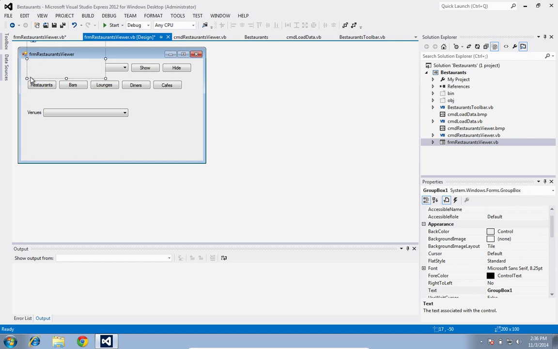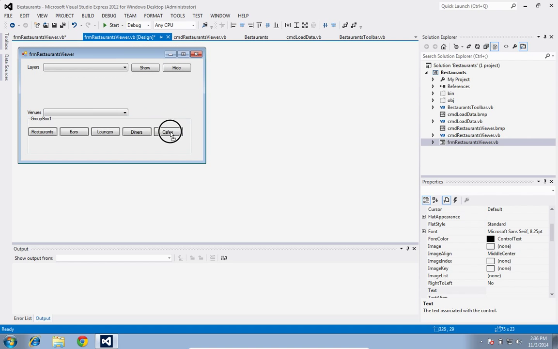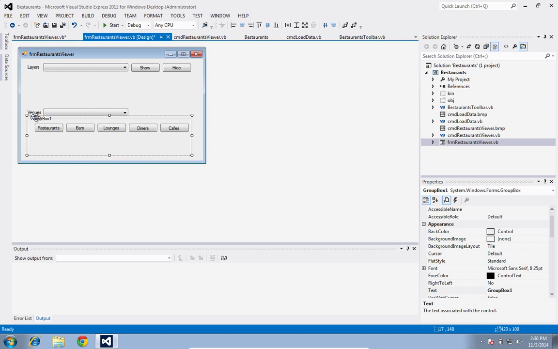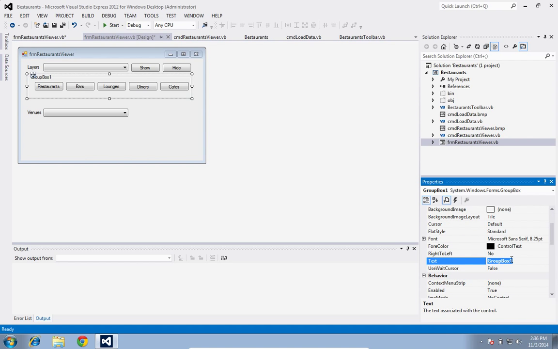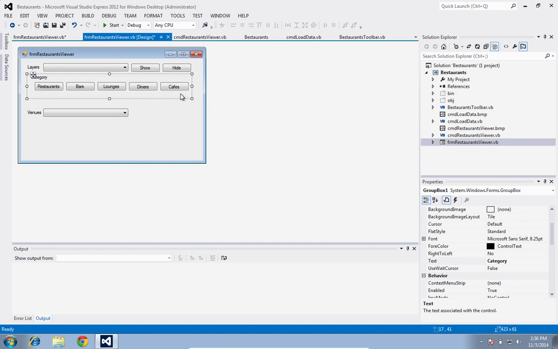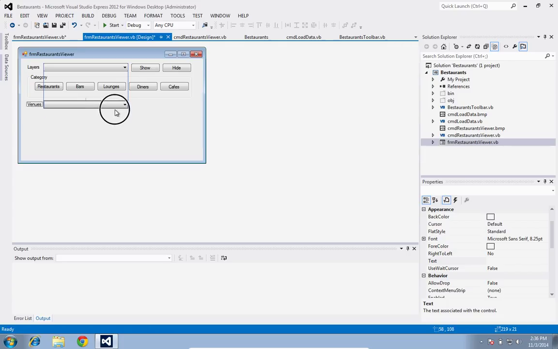It's nothing, it's just a container of your controls. It's nothing fancy. You can use a panel if you like, but I'd like to use a group box because it has this nice border. So let's go ahead and name that category. So this will be my category, and the moment I select the category, I need to populate the venues